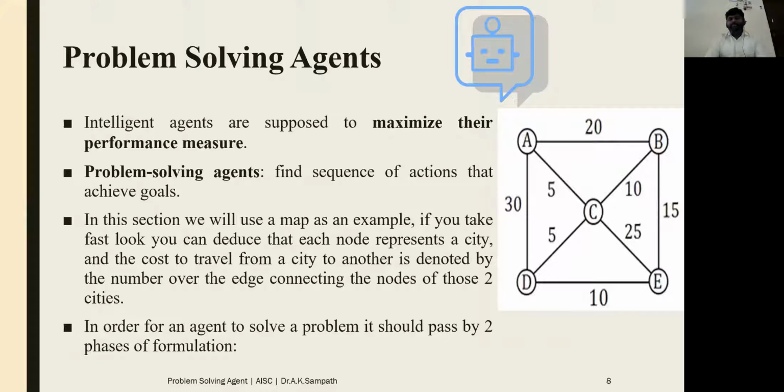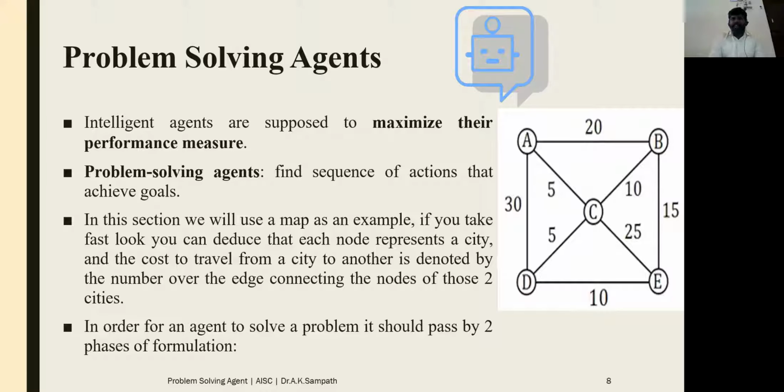This is based on the graph represented in the diagram, right? Suppose the user wants to reach from A to E, and there are a lot of possibilities. He may go through A to D and then D to E, or A to C and then C to E directly, or he may move from A to C, C to D, and D to E. Otherwise, there is also an option A to B, B to E. These are the different possible options in front of the customer. But out of these options, you need to identify the shortest one by adding all the path costs.